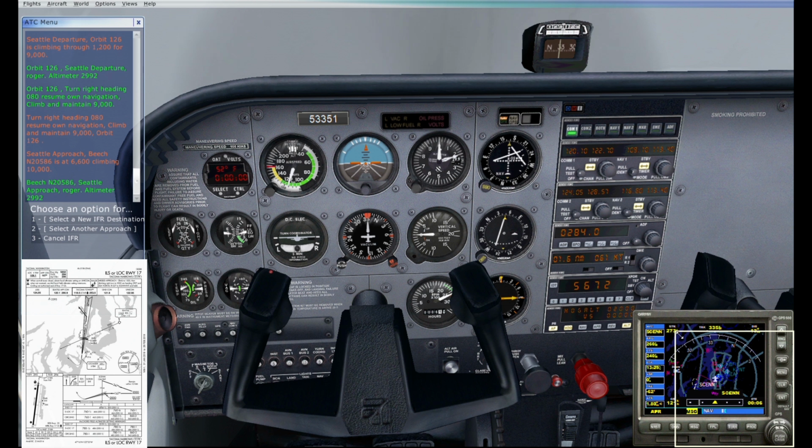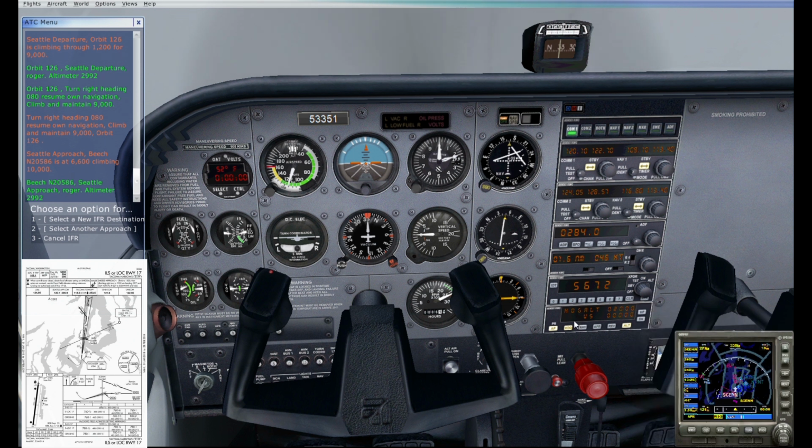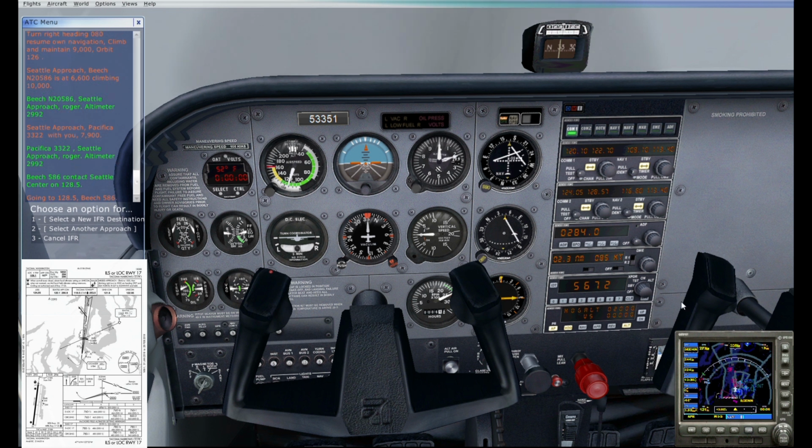Autopilot's super handy right now. Obviously, it's going to be super helpful until it tries to kill you. So I would suggest flying a lot of your approaches